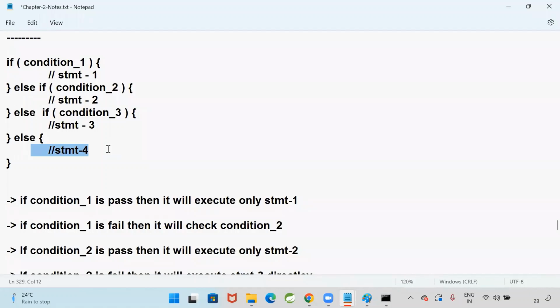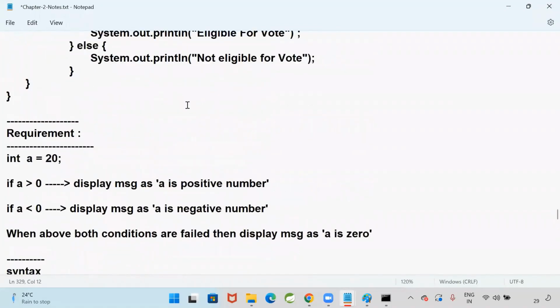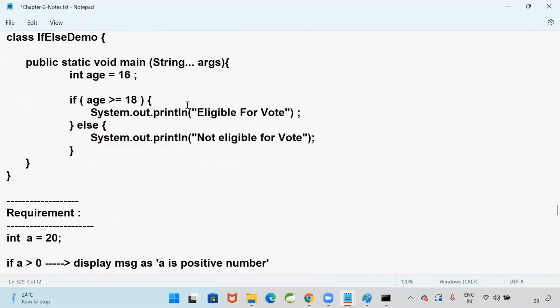Only with if else can I do that? Only with if else you cannot do that. If you go for if else, only one condition you can check. How many conditions am I checking? Only one condition. If the condition is satisfied, execute one statement. If the condition is not satisfied, execute the other statement. If you have a requirement to check only one condition, use if else. If you have more than one condition to check, if you have more,